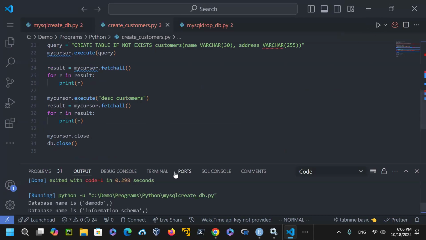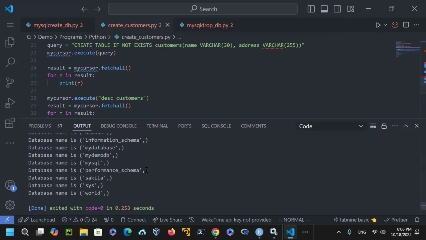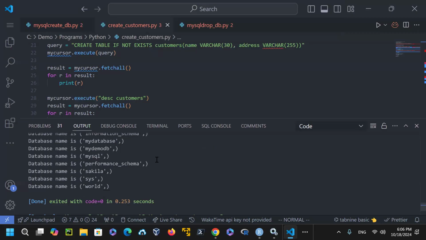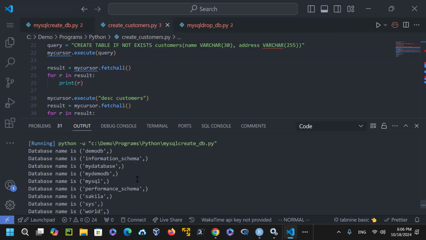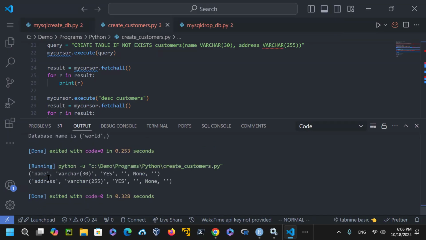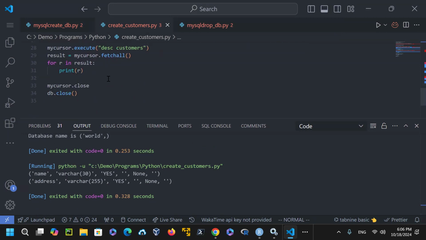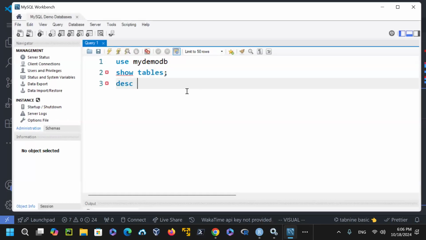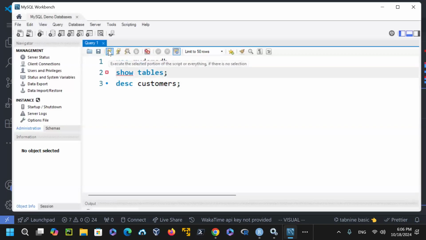So if I run this, you can see that it gave me an output saying that I just created the table customers, and customers should be somewhere here. Let's see, yeah, it's right here. And I'm describing the customers. Since I did the describe at the end, it shows the description of customers as it is. So now if I go to my SQL Workbench right here and say describe customers, and since now the show tables is not going to fail because the table exists,